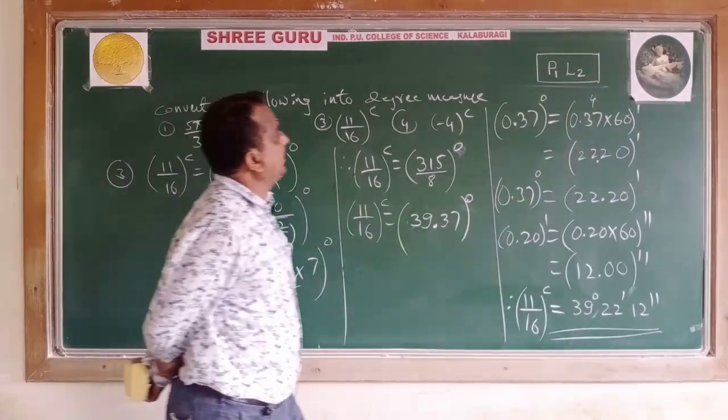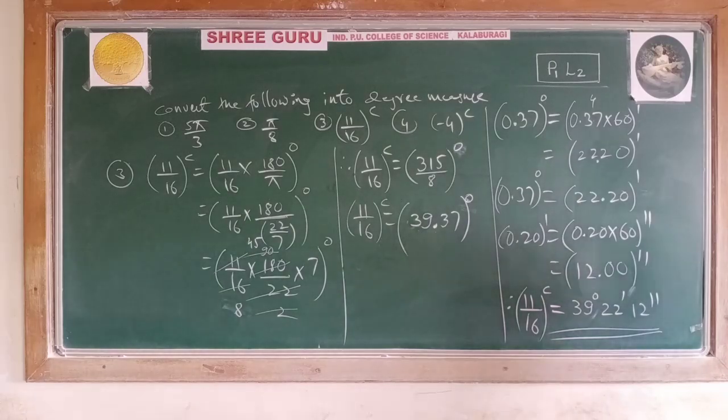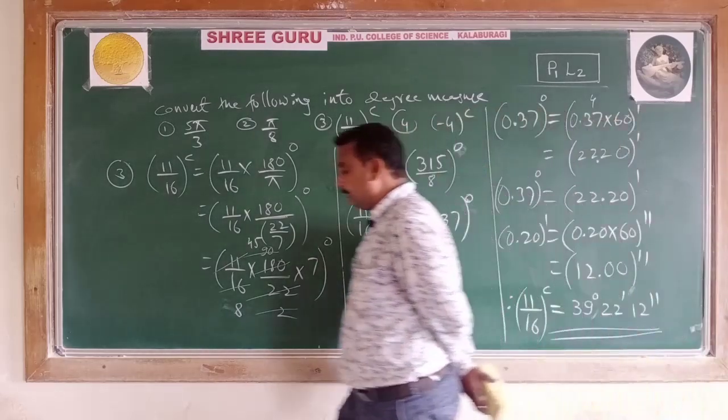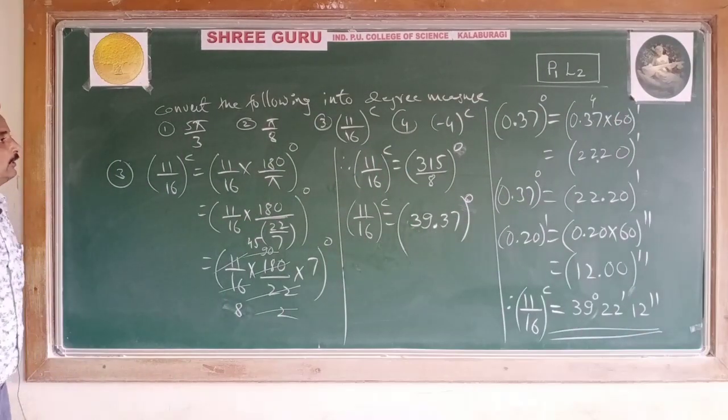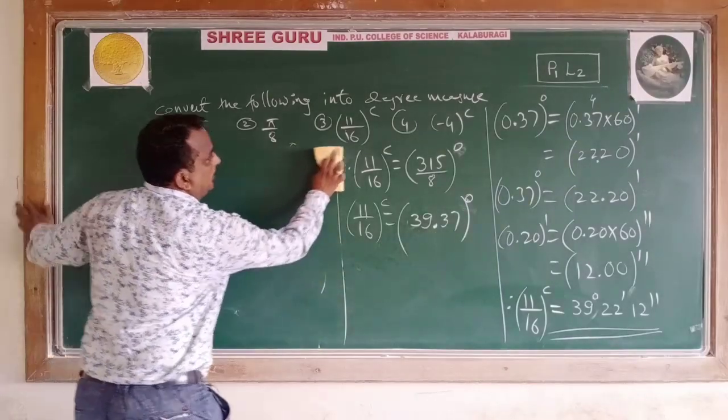Now, conversion of radian to degree and degree to radian. Here 4 examples we have calculated, students. The last 3 examples are in terms of fraction angles, pi by 8 and 11 by 16. Sorry, we'll go for the 4 radian. Now see the minus 4 radian.